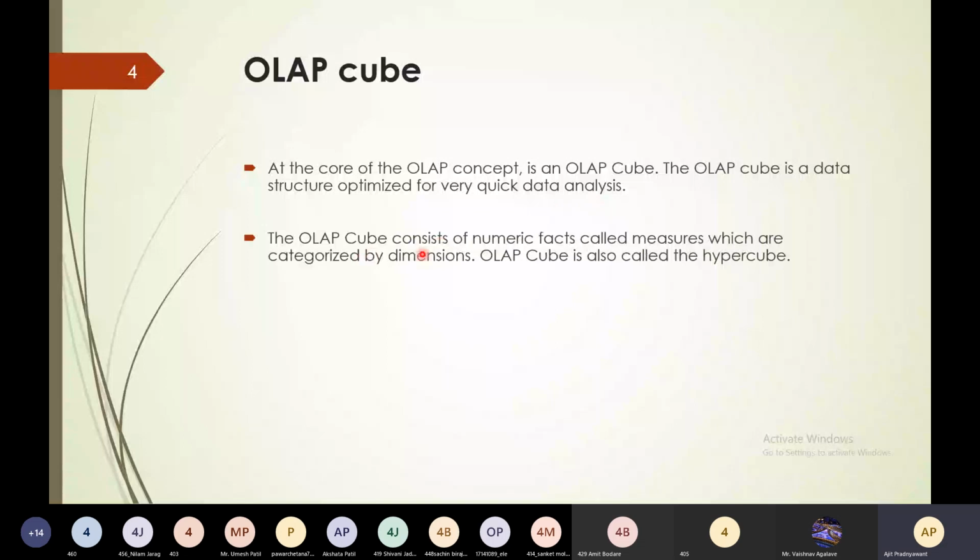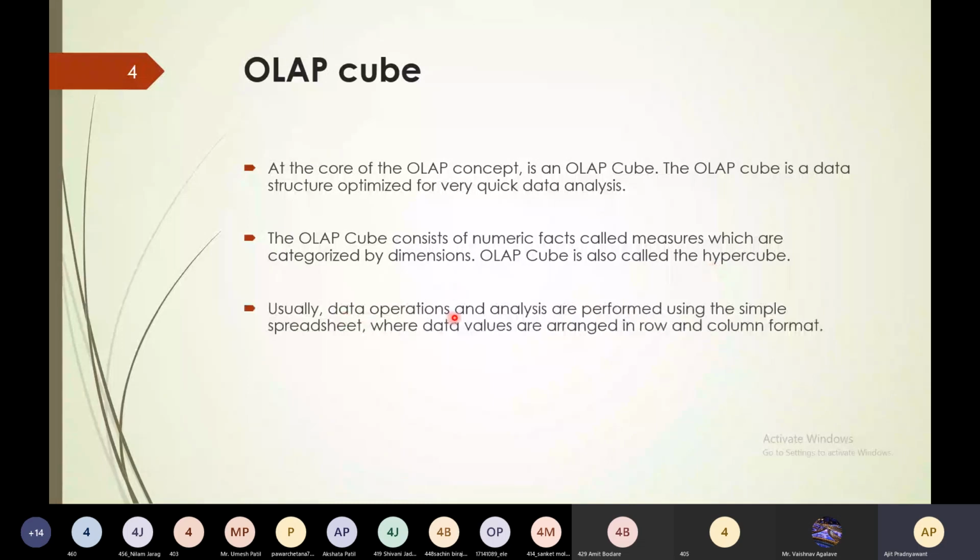The OLAP cube consists of numeric facts called measures, which are categorized by dimensions. So OLAP cube will consist of measures and dimensions. OLAP cube is also called the hypercube.